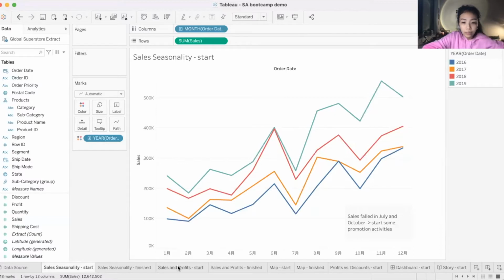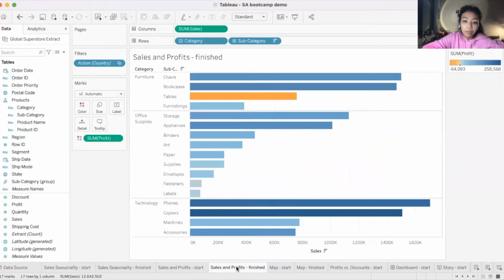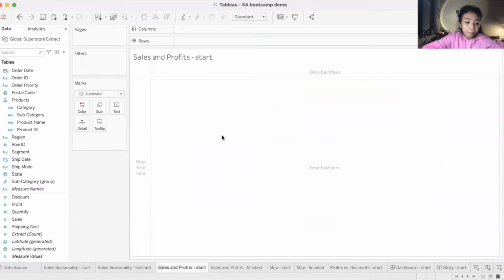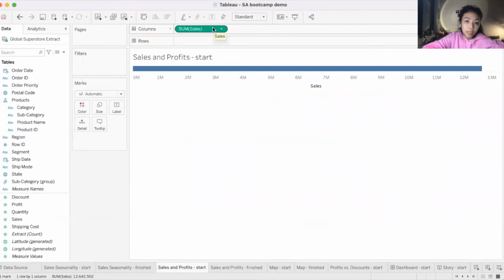Okay, great. So the second graph that we want to do is the sales and profit data. We want to compare our sales with the profit. This is the final goal that we want to achieve. So first, I would like to drag the sales into our columns, and then